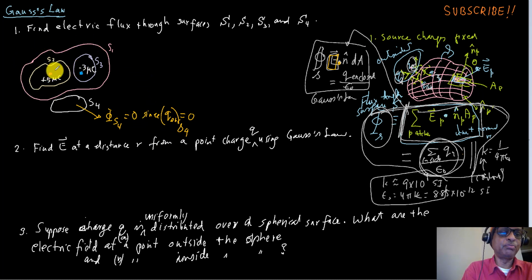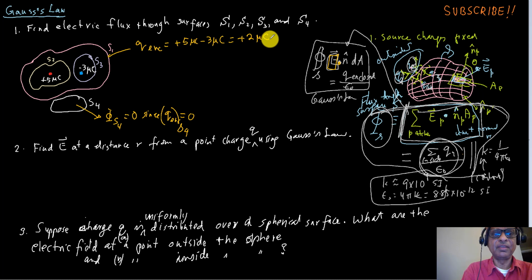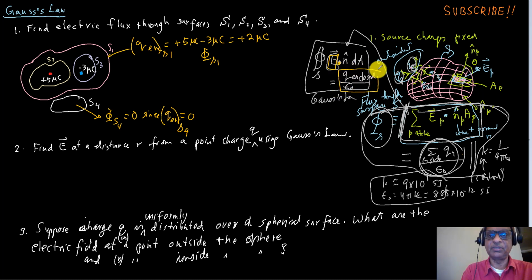S1 includes both of these charges. So Qn here is going to be plus 5 microcoulomb minus 3 microcoulomb, so it's going to be plus 2 microcoulomb. So flux through S1, I don't need to use the electric field. I just use the right side. It's going to be plus 2 microcoulomb over